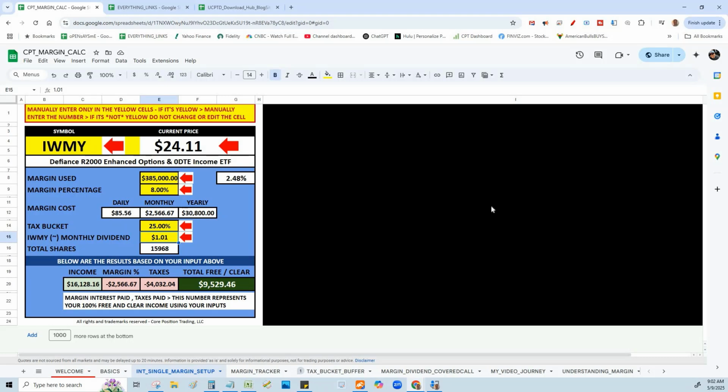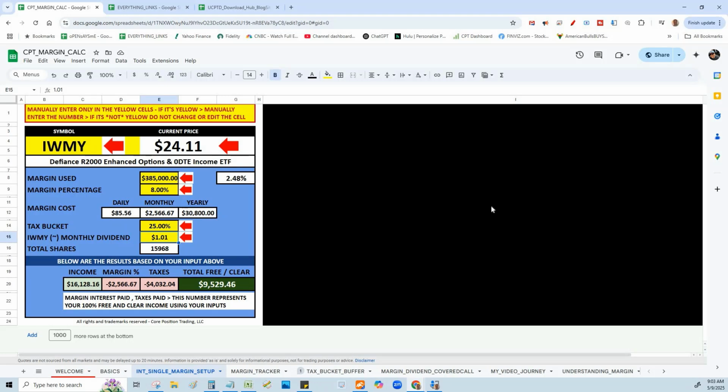Now, inside an IRA, a lot of people say, are you trading this inside an IRA? Do understand, inside an IRA, you cannot use margin debt. You cannot. You will be given margin, but that margin is only for unsettled money. It allows you to day trade and swing trade, and that's what the government set up IRA margin for. You cannot borrow money in an IRA and do what we're doing here. So chances are you're doing this in a taxable account. That's why I emphasize we have to pay the tax man.